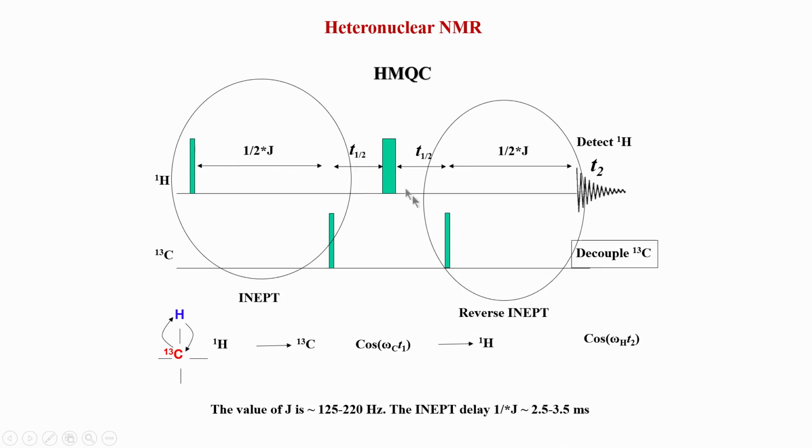We will look at more detail of HMQC in terms of the quality of the peak pattern, similar to what we saw in HSQC. But as I said, the HSQC peak pattern is the same as HMQC, there is not much difference. As far as the peak structure is concerned, they all look the same. In the next class we will look at some examples of HMQC, and then go on to another 2D experiment which is again very popularly used, and following that we will go into 3D NMR.